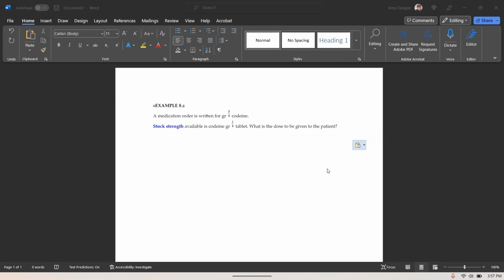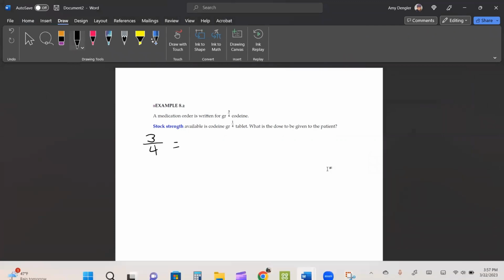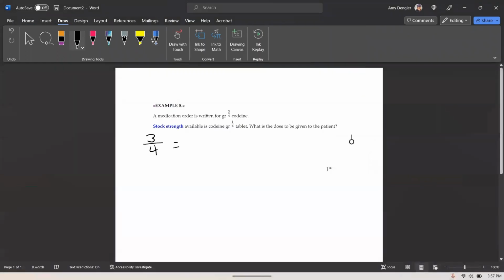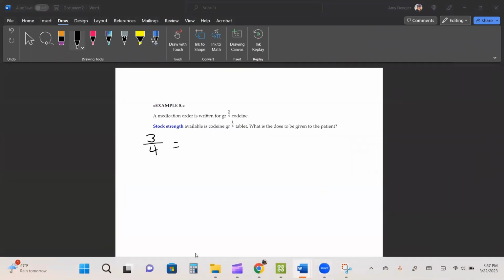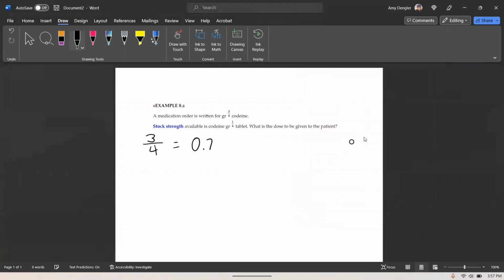So first of all, I'm going to take that 3/4 and turn that into a decimal. To do that, all I'm going to do is 3 divided by 4, and that's 0.75, and then